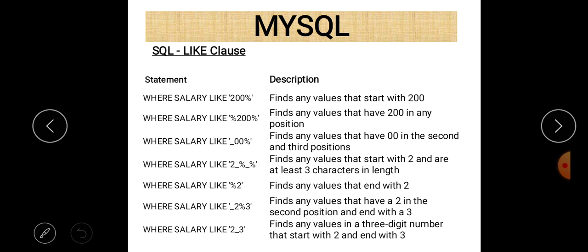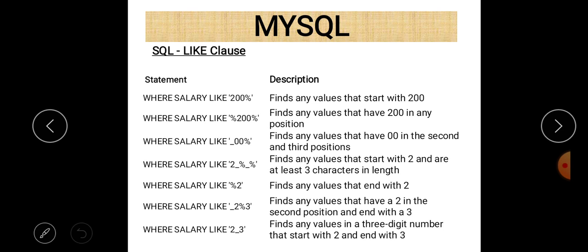In the next case, WHERE Salary LIKE '%200%'. It means the salary may start with any digit or any group of digits at the starting position. After that 200 must be there, and after 200 there may be any set of digits, or it may be possible there is no digit at all, because the percentage wildcard character means zero or more.